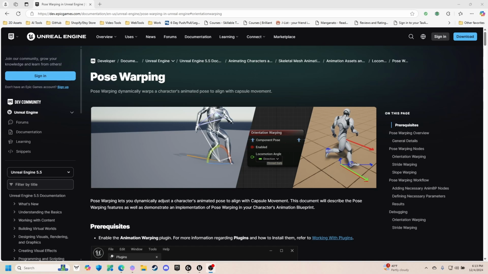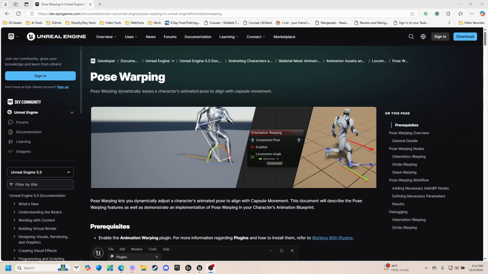So, maybe for those that are new to this, Unreal Engine does provide cool nodes that allow you to do more fluid animations or more dynamic things with your characters' animations, in a sense, right? So, as everybody can see, I do have the page on the Unreal Dev community forum